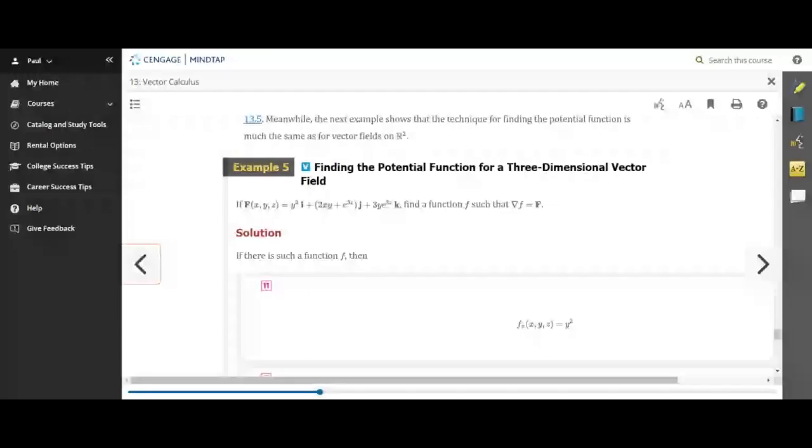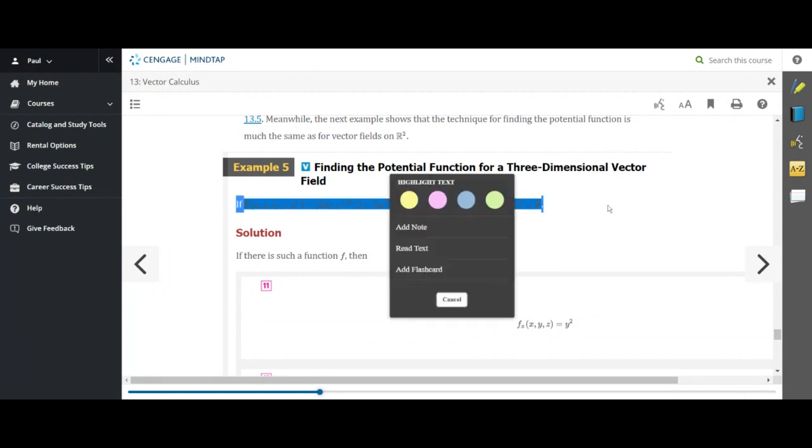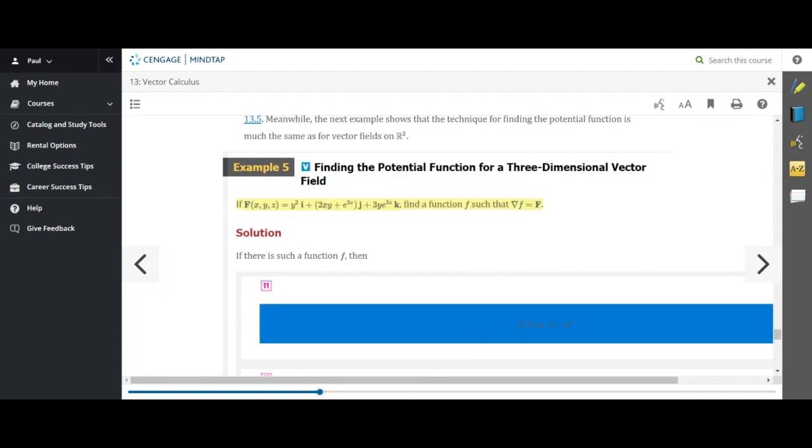Yeah, there we go. So here they say find the potential function for a 3-dimensional vector field. Now, you do not have yet criteria to determine if a three-dimensional vector field is conservative or not. You have not learned about criteria that will help you do that. But there is criteria